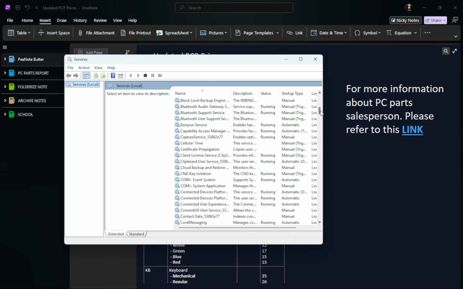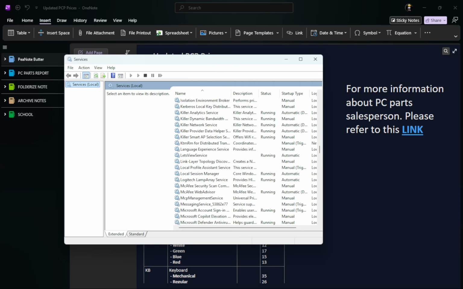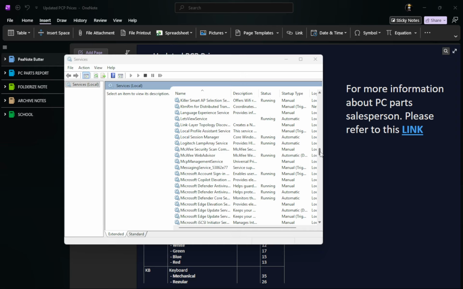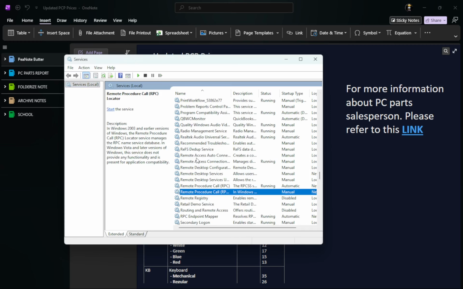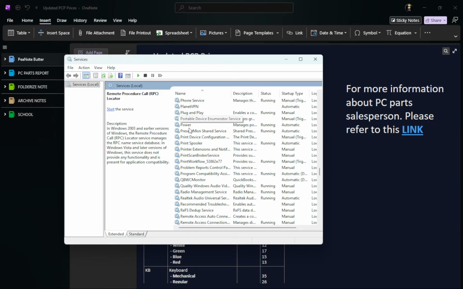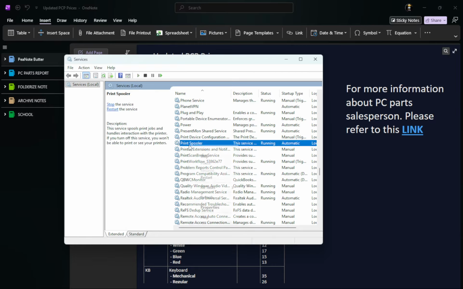If printing still fails, you may need to update or reinstall your printer driver from Device Manager. To do this, open Device Manager by searching for it in the Start menu. Look for your printer in the list of devices. Right-click on it and choose Update Driver. If that does not resolve the issue, consider uninstalling the driver and reinstalling it. This ensures you have the latest version which can fix compatibility issues. Always having an updated driver is essential for optimal printer performance.